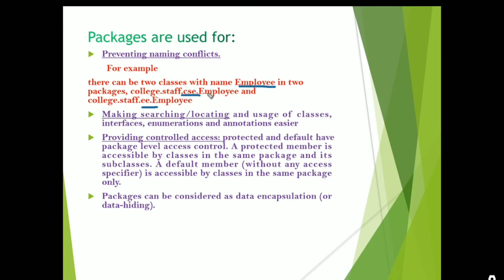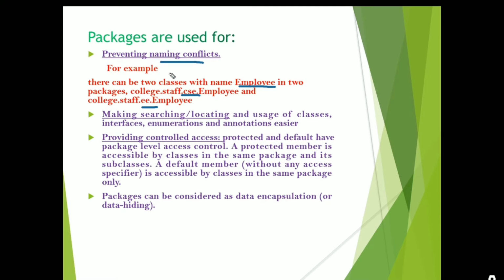Employee is the class which belongs to the CSC package, which is the subpackage of staff, which is the subpackage of college. And Employee is the class that belongs to the EE package, which belongs to staff, and staff is the subpackage of college. Like this, with the help of this package hierarchy, we can prevent the naming conflicts.